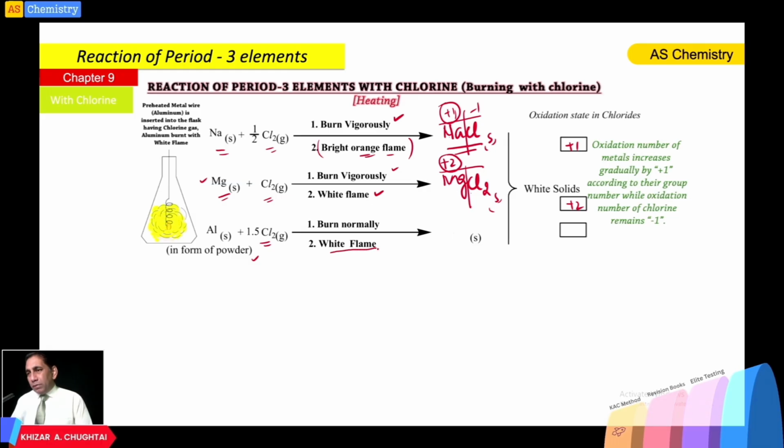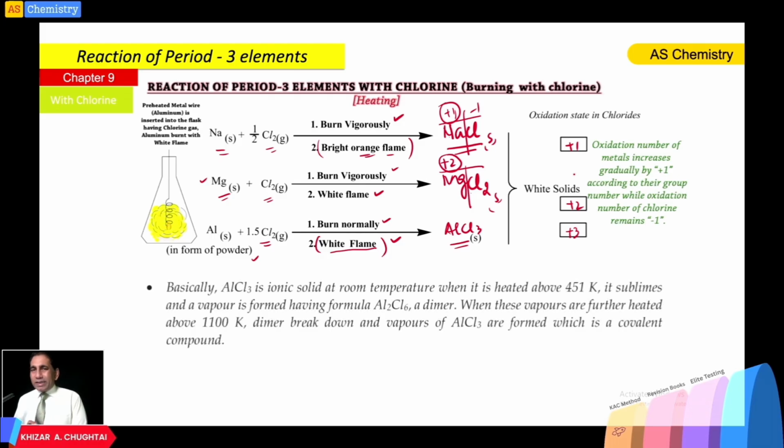It reacts normally, but at a very high temperature the flame can be observed, which is again a white flame. And here is the final compound, AlCl3. Initially this compound is formed, then it will change itself into Al2Cl6. If you keep on heating, this compound is formed, and here its oxidation state is +3. Once again there is a major basic point, that AlCl3 is an ionic solid at